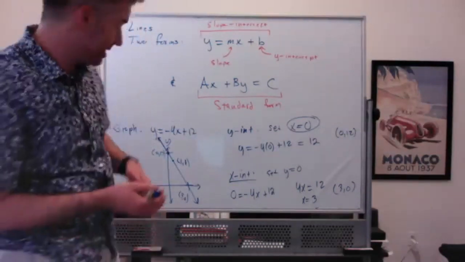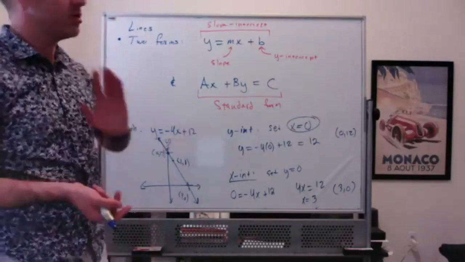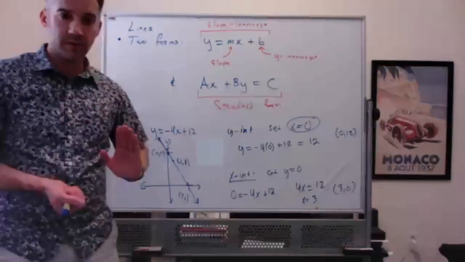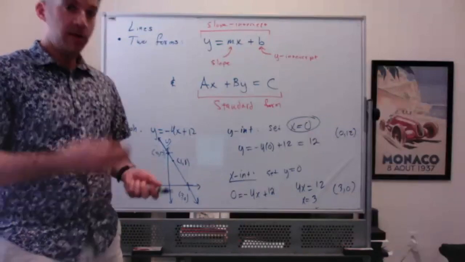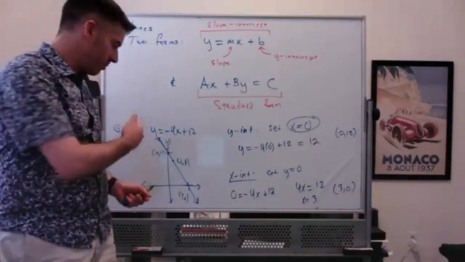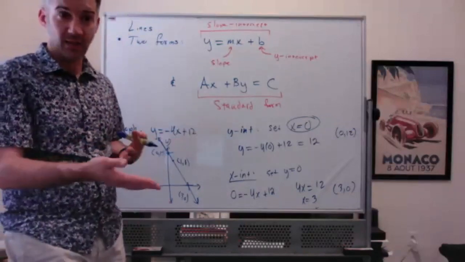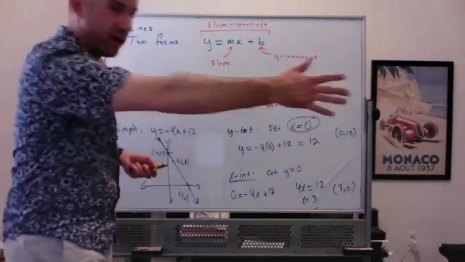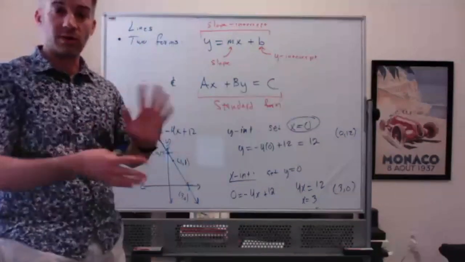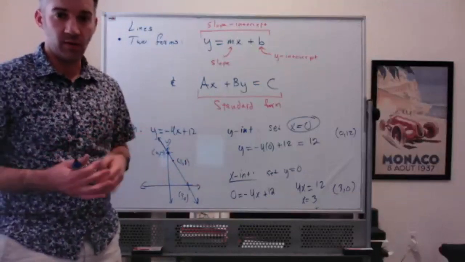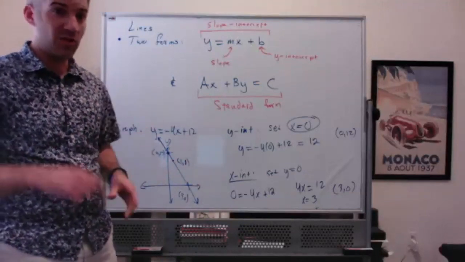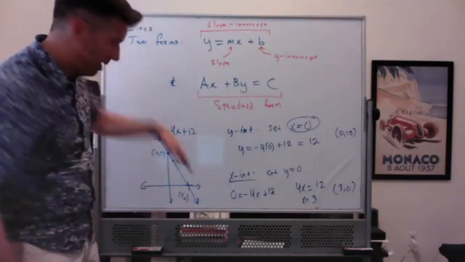But yeah, I will say there are times when it is useful to be more precise with your graph, to draw a bunch of hash marks for the integers for the x and the y axis, 0, 1, 2, 3, 4, 5, 0, 1, 2, 3, 4, 5, and be more detailed. For a line, nobody wants that level of detail from you. All they want is to make sure that it is a line and you know how to draw it